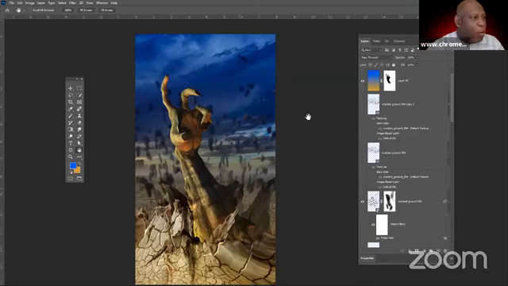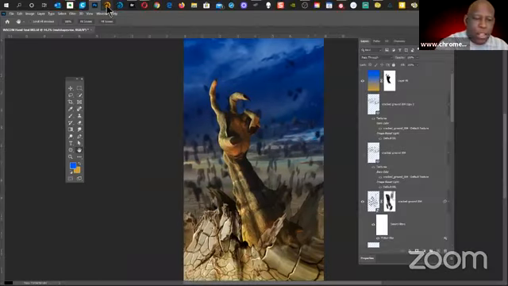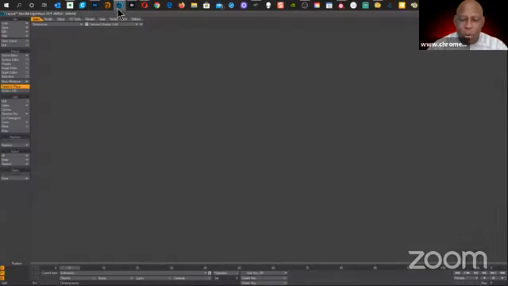Yes, I thought I had it open. I may not have had it open. I do not. All right, so I will go open it now. Let's go back into here. All right, let's go open up Lightwave, and I'll show you how I created the debris. So what I did was I used an effects engine to create my debris.